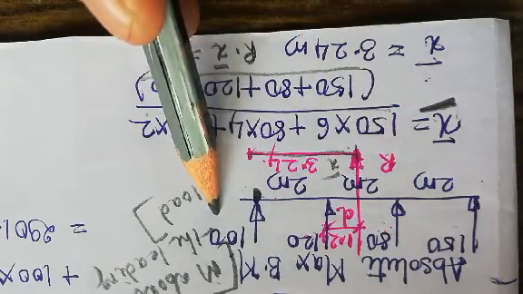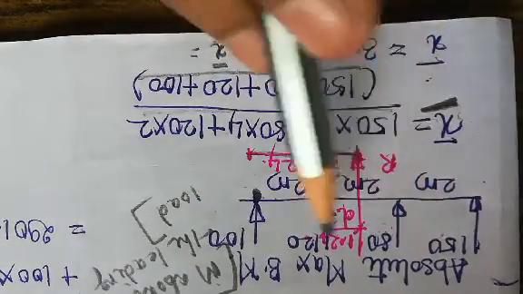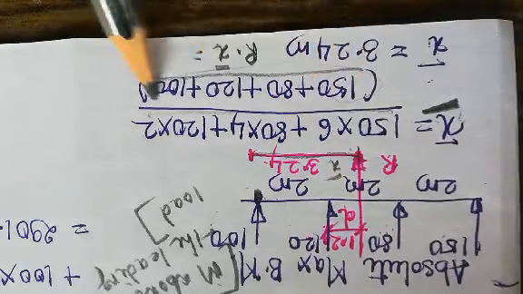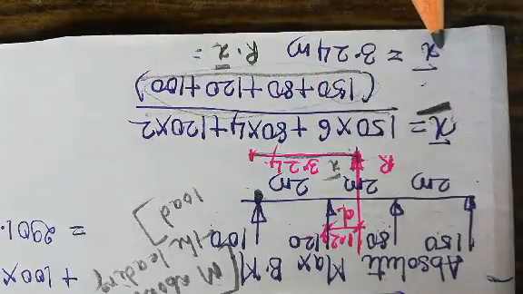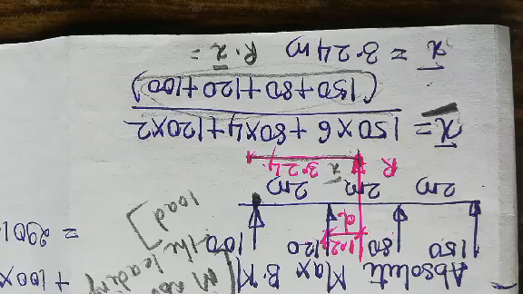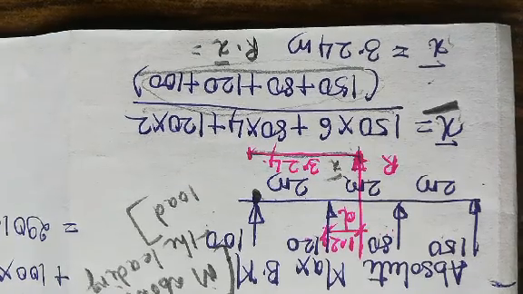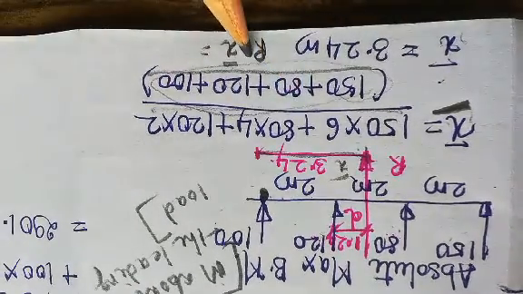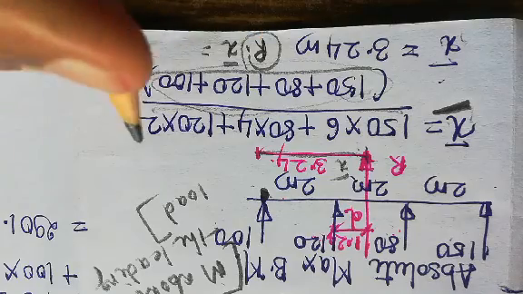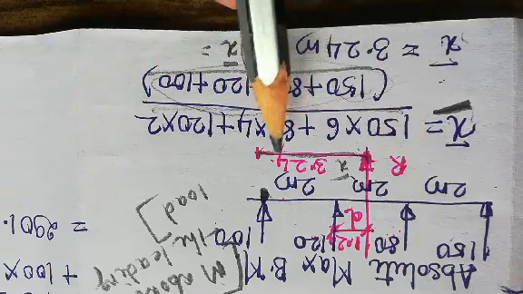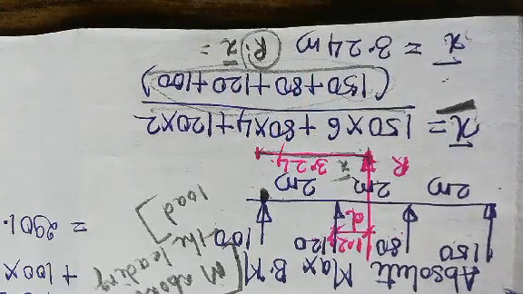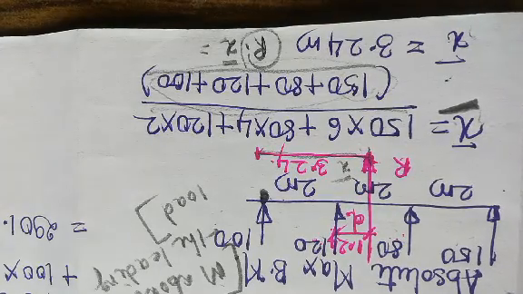Now what is the resultant? Summation of all the forces, that is 150, 80, 120 and 100. So this is the resultant. So I'll get x bar as 3.24. Okay, this is easy. Resultant is nothing but the summation of all the loads. This you have done in your elements of civil engineering.